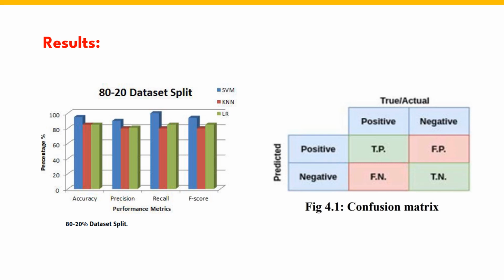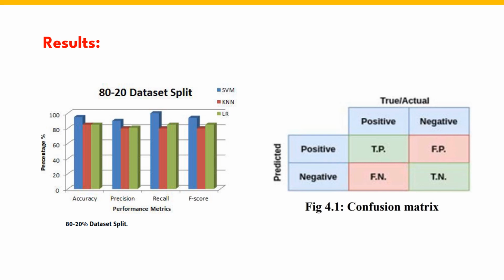From this, the prediction is TP when the model predicts positive and the instance is also positive, or we can say the prediction is TN when the model's prediction is negative and the instance is also negative, or we can say the prediction is a false positive when the model falsely predicts an instance as positive while it should be negative, or we can say the prediction is a false negative when the model predicts an instance as negative while it should be positive.